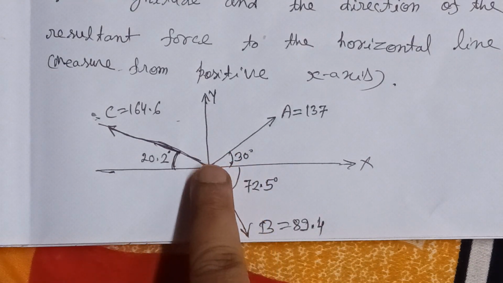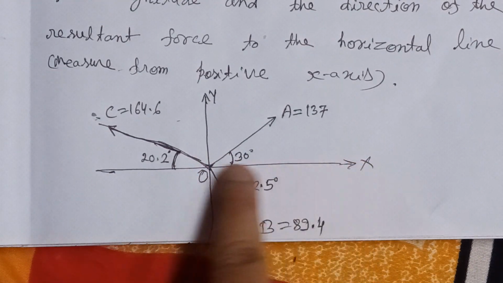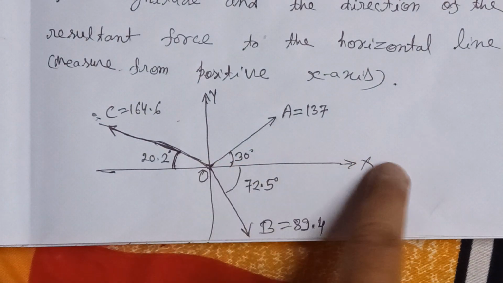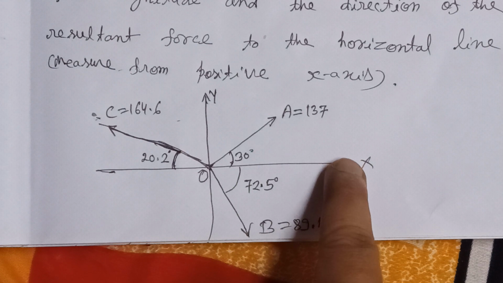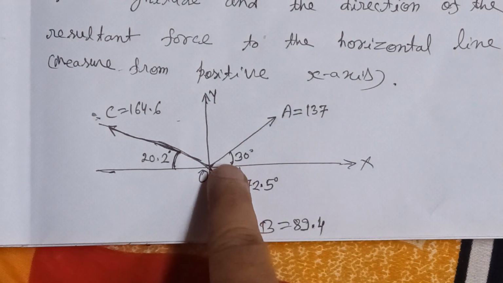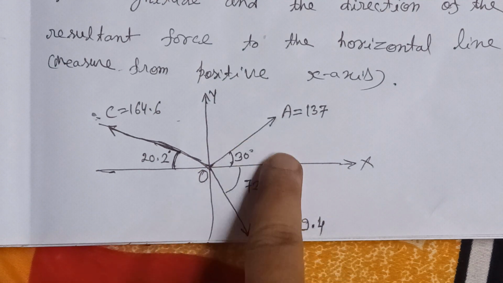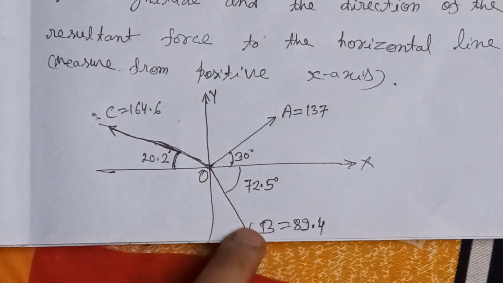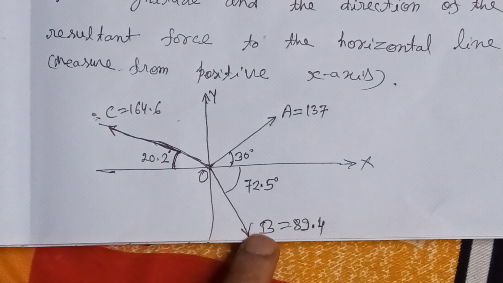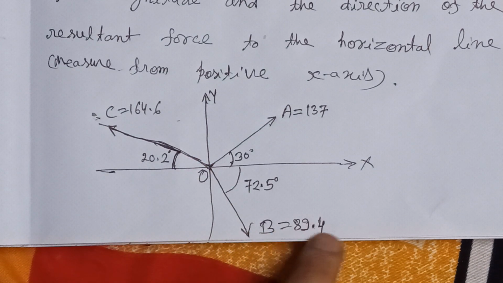We have to measure the angle of the resultant from this line, meaning the x-axis. The angle of force A with the x-axis is 30 degrees and that of B is 72.5 degrees, and the magnitude of force B is 89.4